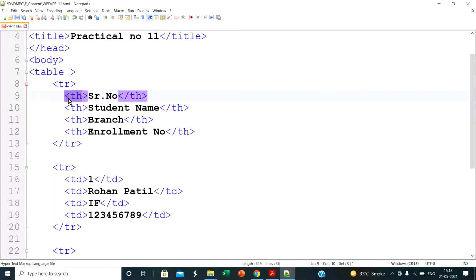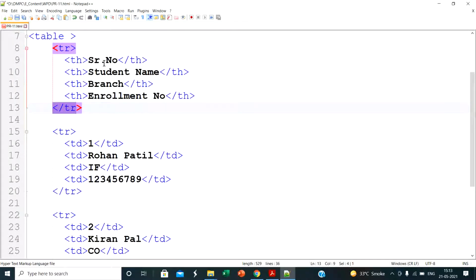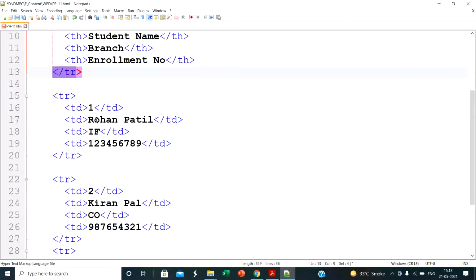Inside the first row I define some table headings. The first heading is serial number. The th tag is used to define the table heading. The second column heading is student name, the third column heading is branch, and the fourth column heading is enrollment. Here the first row is closed. So the first row is created with the column headings, and the table has one row and four columns. Then I insert the second row.